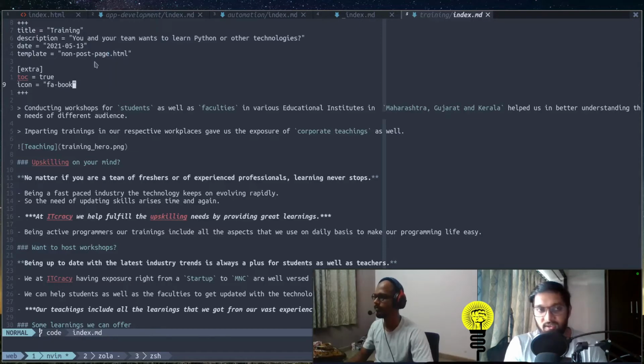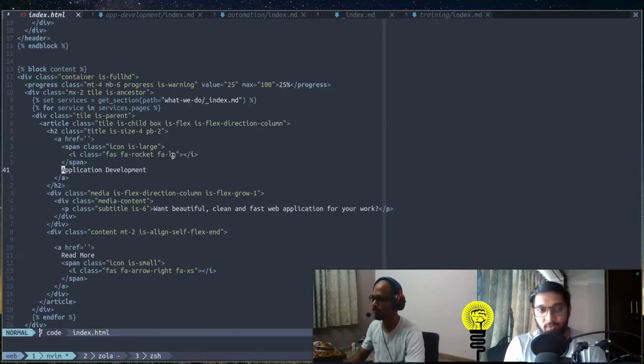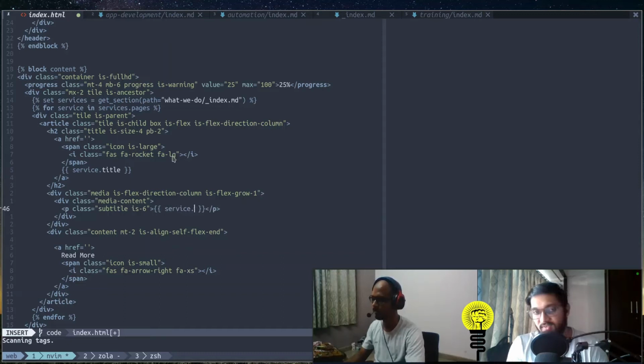Now we will use these variables inside our index.html page, and for that we'll make use of the service that we have, that is the page defined in service, dot the variable name. To use a variable, we have to give two curly braces, opening and closing. Inside that we give page dot the variable name. In our case the page is saved inside a variable named service, and the variables inside it are title and description. We are making use of those two variables, and we can use them anywhere we want, such as inside a name tag.